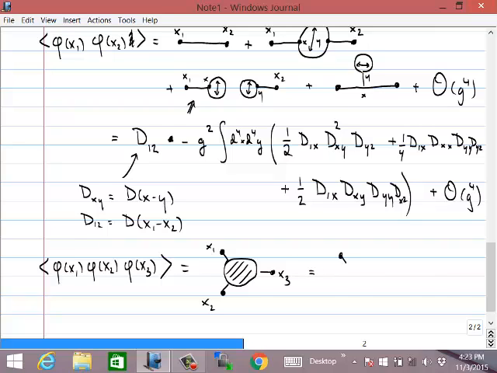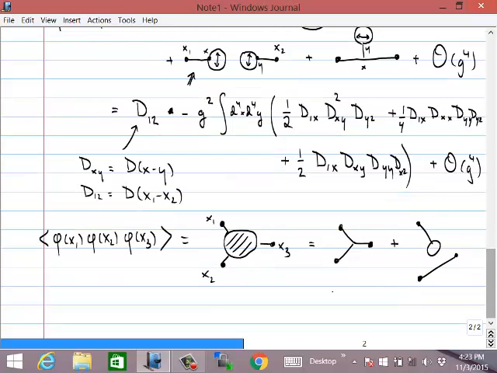So for example, there'll be one term that looks like that, and then there'll be another term, say, that looks like that, and then there'll be 3 other terms that look like this, sort of very similar ones,